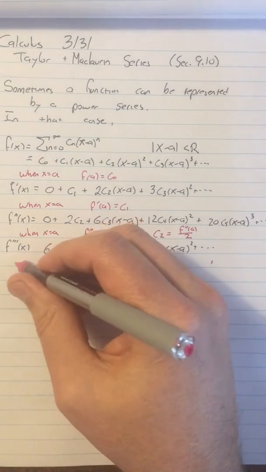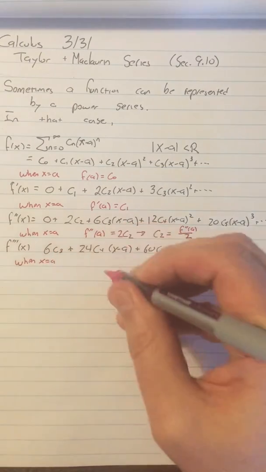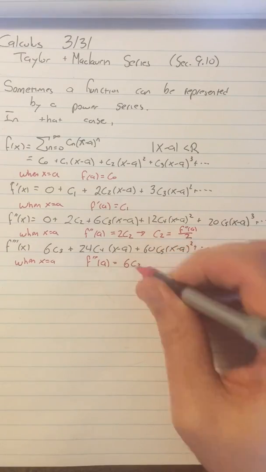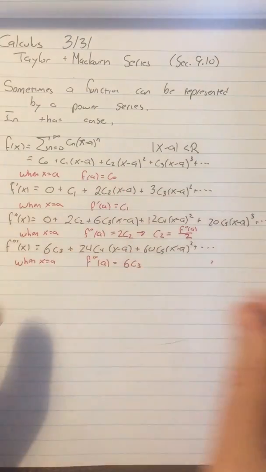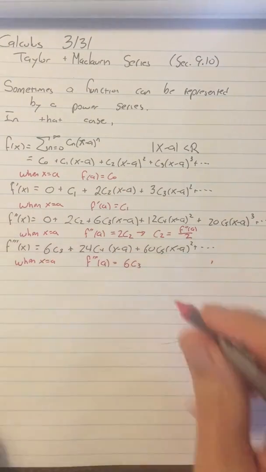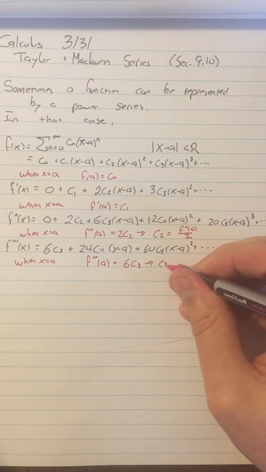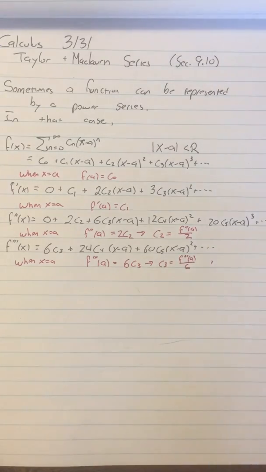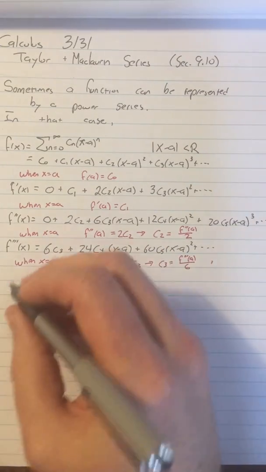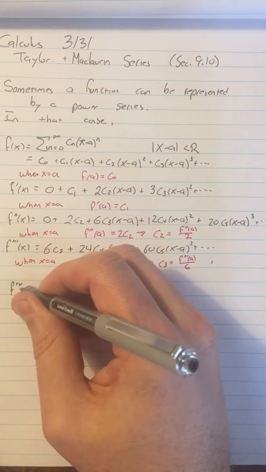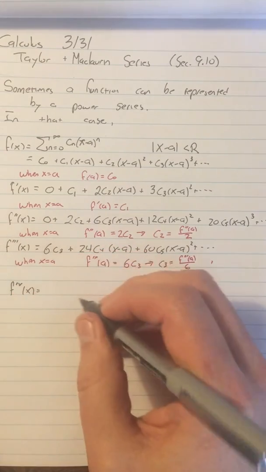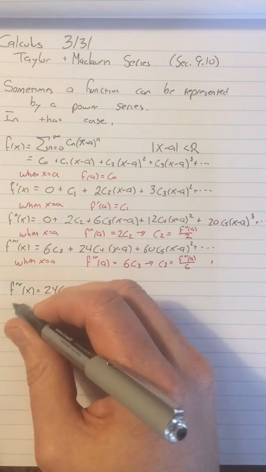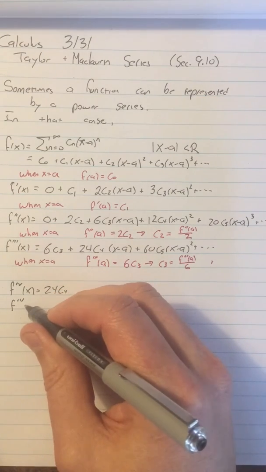So then when x equals a, f triple prime of a is equal to 6c3, right? Because this 6c3 is going to be the only non-zero term. So that tells me that c3 is equal to f triple prime of a over 6. All right, so when I keep doing this, I'm going to find that the fourth derivative gives me this one, 24c4. The fifth derivative is going to give me